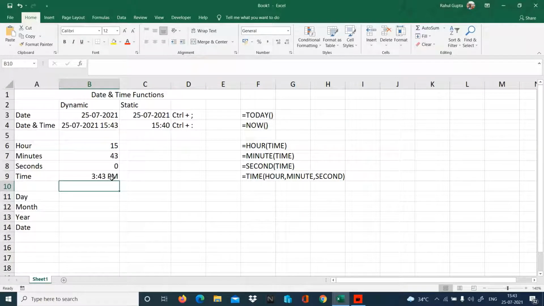So 3:43 p.m. is the time right now. Now if I have to get the day of the month, so if I talk about today, the date is 25th of July 2021, so in this the day of the month is 25th. So I'm going to use a function, is equal to day,